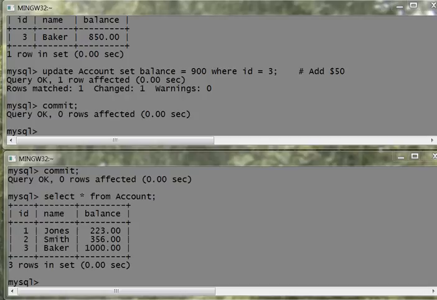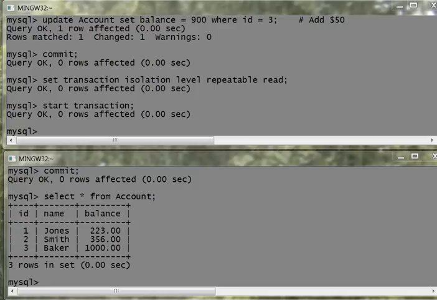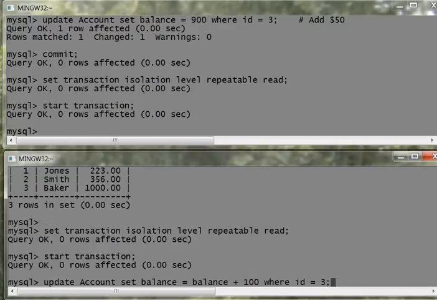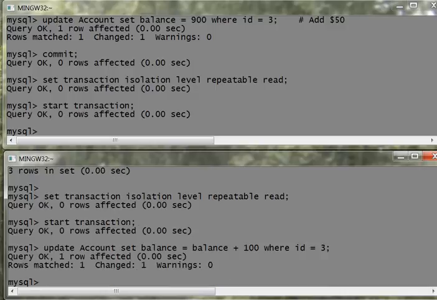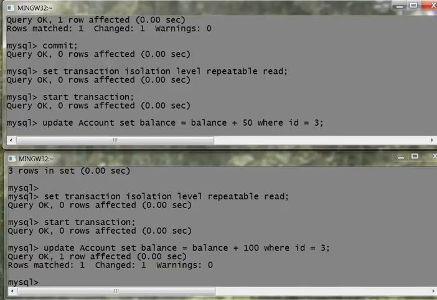So you could say instead, for instance, start a transaction in session 1 and in session 2, but do update account set balance equals balance plus 100, right in the immediate set command there without a prior select to add 100 there, and then the add 50 in session 1. And what we will find is that each update command runs as an atomic, uninterrupted action and